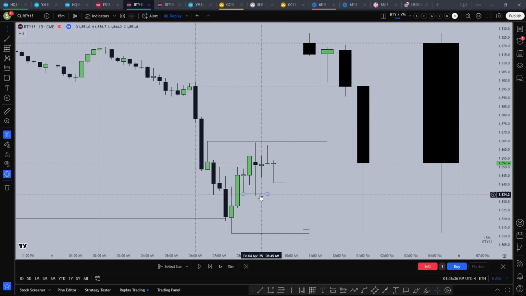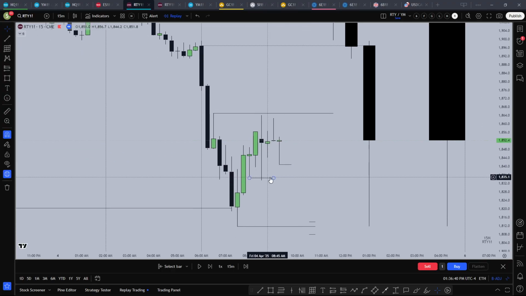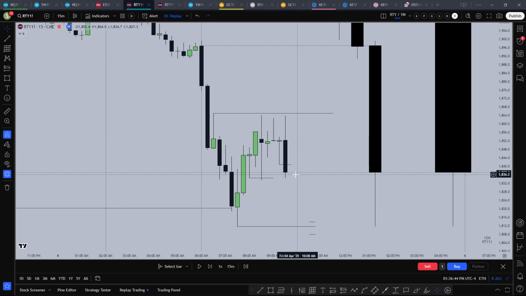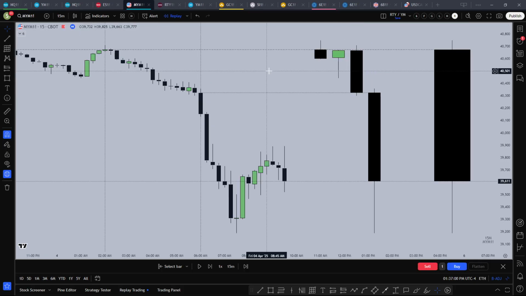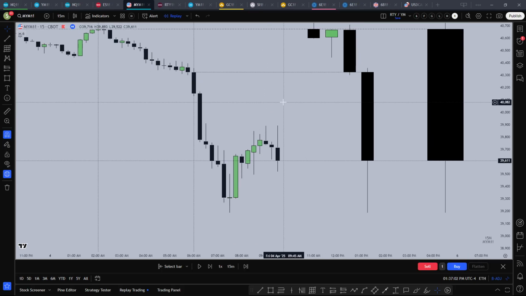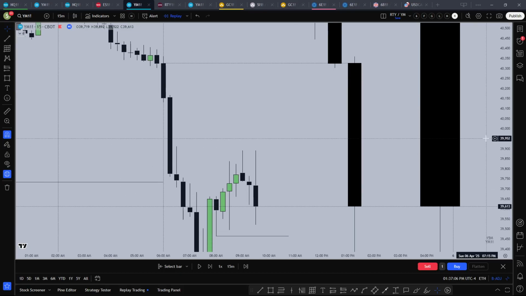This got swept, but I wasn't still trusting it. My drawings are still marked. Price did come lower on 930, but I didn't take anything on RTY YM as I wasn't trusting these highs away from this relevant level failure swings. So I wasn't trusting much of YM or RTY structure until I saw much displacement away from them.